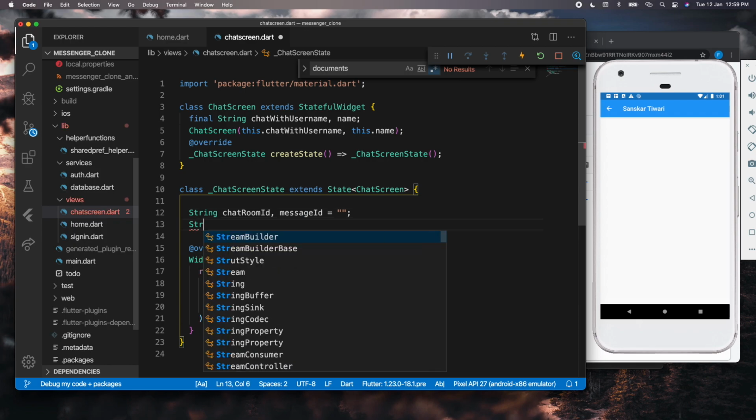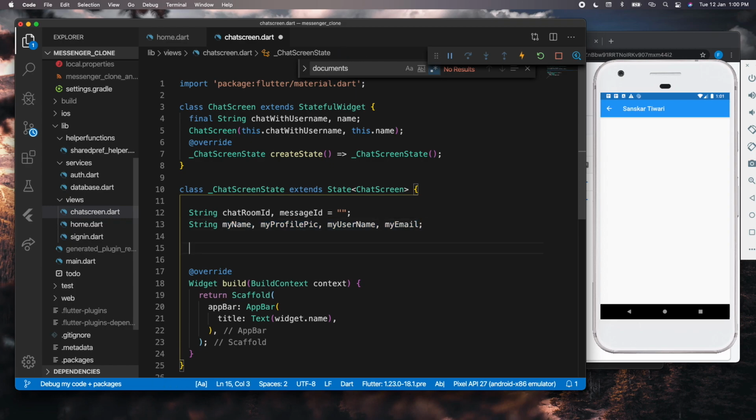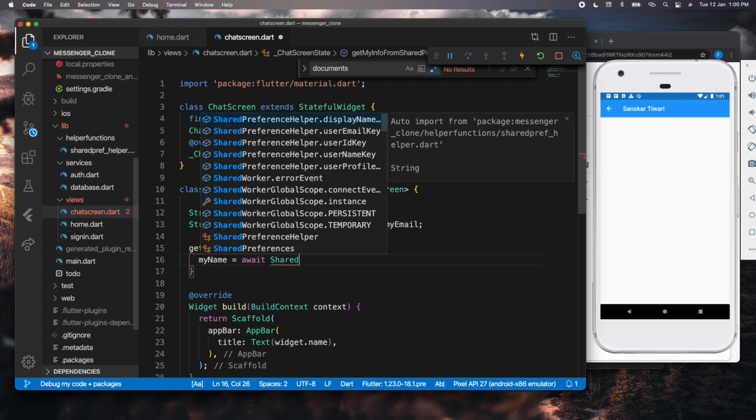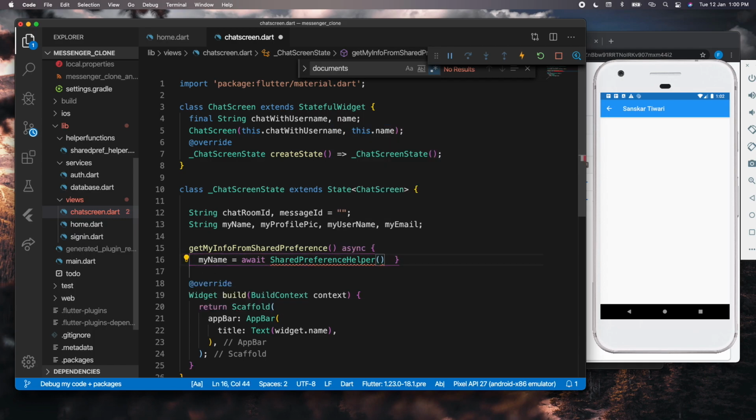Other values, for example, I will be using my name, my profile pic, my username, and my email a lot, right? So that's why I'm defining the variables for this. All these values we will get from shared preferences. So let's just get this quick. So I'll say get my info from shared preference. That's fine. Okay, so now in here we know that the shared preferences function will be asynchronous. So I'll be making my function asynchronous, and here I'll say myName equals await SharedPreferenceHelper dot